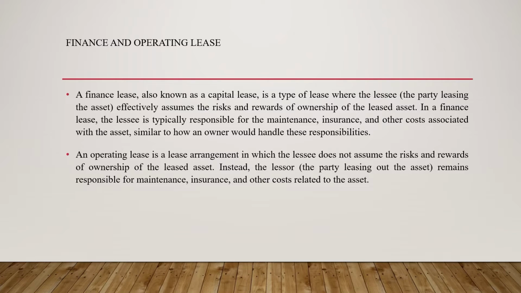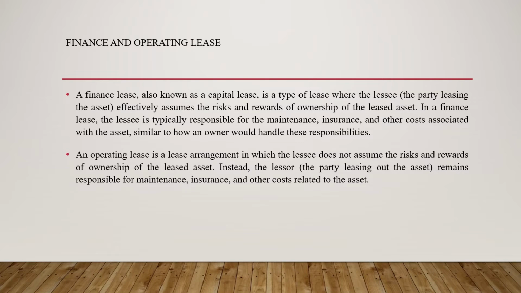In terms of financial reporting also, operating lease obligations were disclosed in the footnotes of financial statements rather than being recorded as liabilities on the balance sheet as in the case of financial lease. This approach could lead to understating the lessee's total obligations. Thus, we can see that financial lease and operating lease differ in terms of various points and